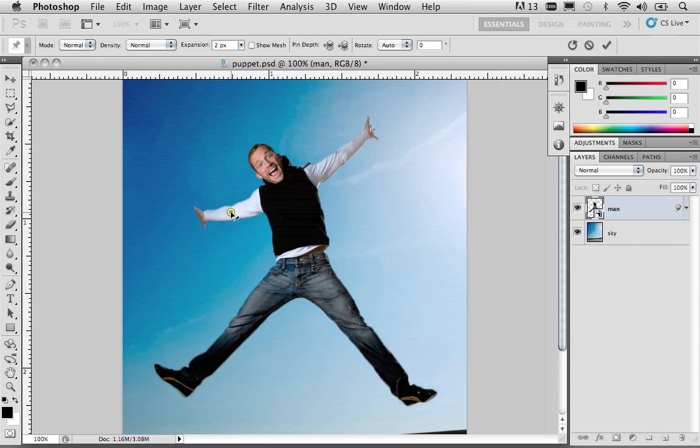So let's go ahead and add just a couple more pins here and manipulate this guy a bit further. I'm just going to set up a bunch of different pins across his arms, maybe one here on his belly, on his thighs, on his knees, and maybe on his ankles. So here we could drag out his legs a little bit,